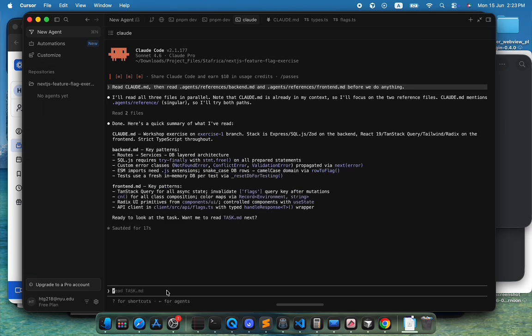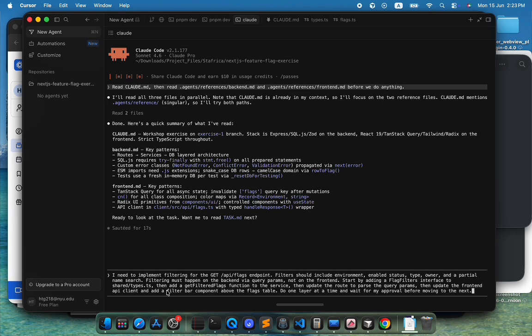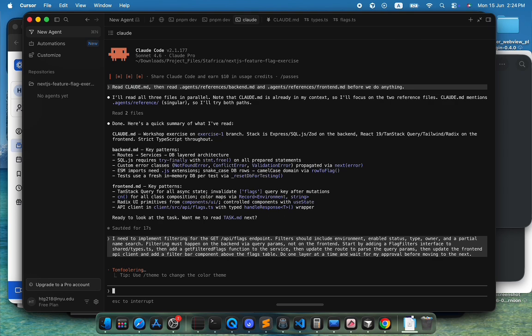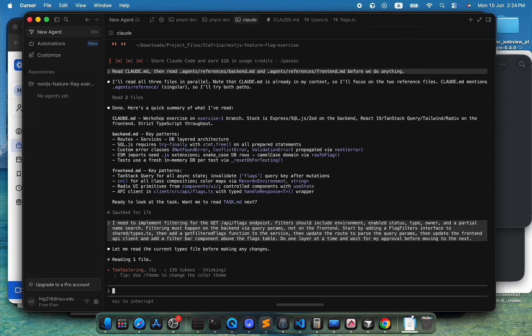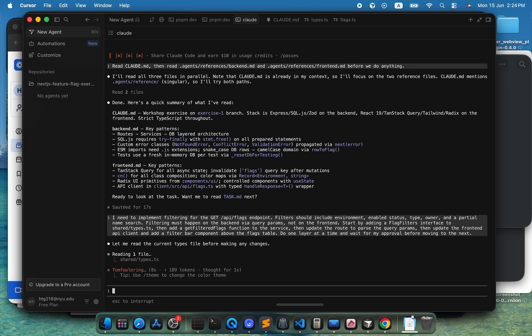And so once that is over, then I'm just going to tell it to specifically implement these filtering capabilities, and I'm just going to paste this command over here. And the main point here is that the filtering should not be done in the front end, but rather it should be done via the back end. So it's going to have to add all these different functions in the shared folder files. And so I'm just going to give it this command,